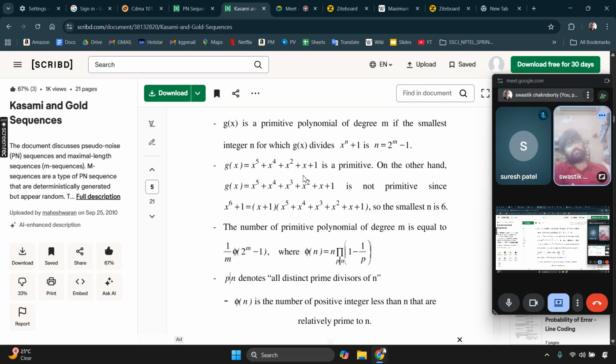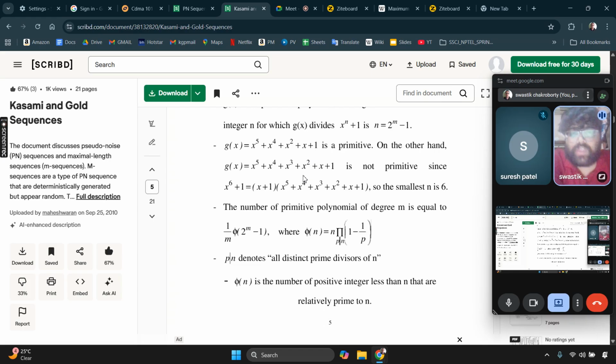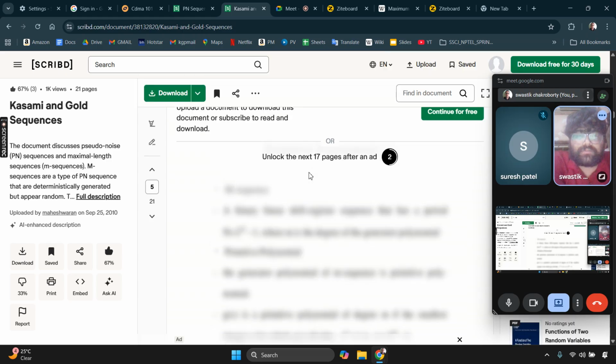So we started from x plus 1, then x squared plus 1, x cubed plus 1, like that we went. When we reached x to the power 6 plus 1, we saw that it is factorizable. So we say that this polynomial is not primitive. So the number of primitive polynomials,